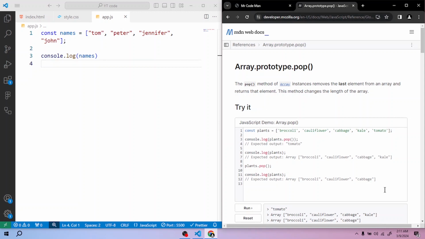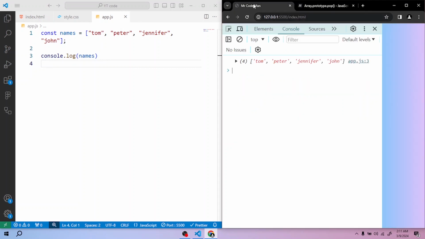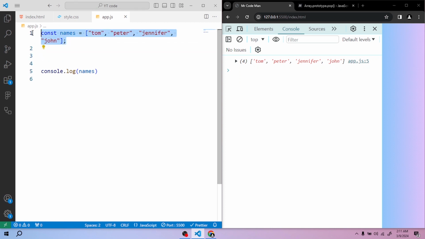So there is the code they are showing here. I am doing it my own way with coding, programmatically, so that's for you to see. I just created a constant called names, with an array, and the names of a few men or women, like Tom, Peter, Jennifer. That's it. Whatever you want you can put in this array, and I just show the names for understanding